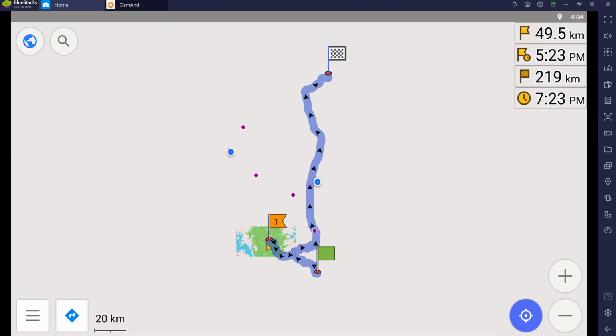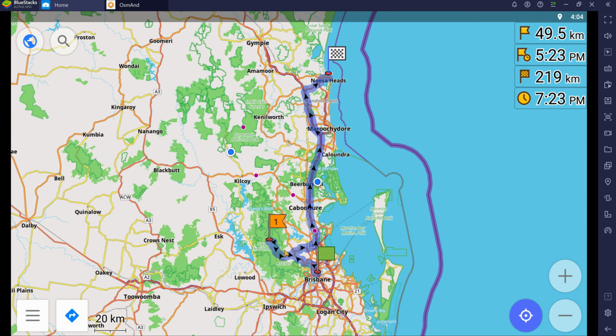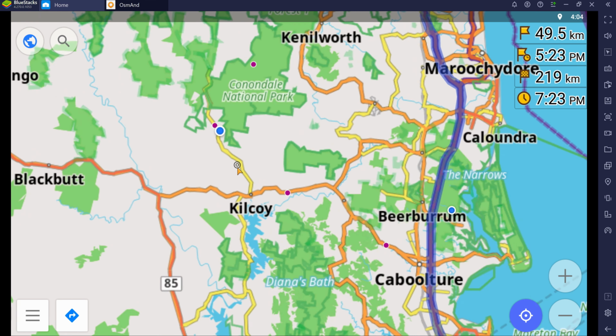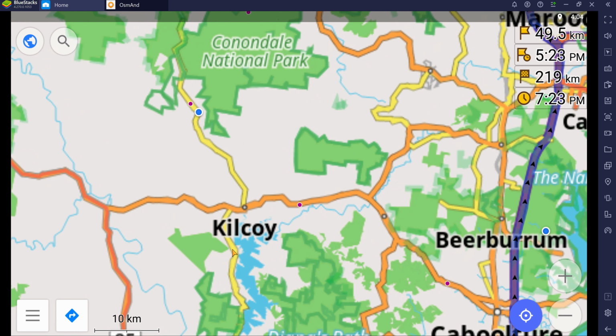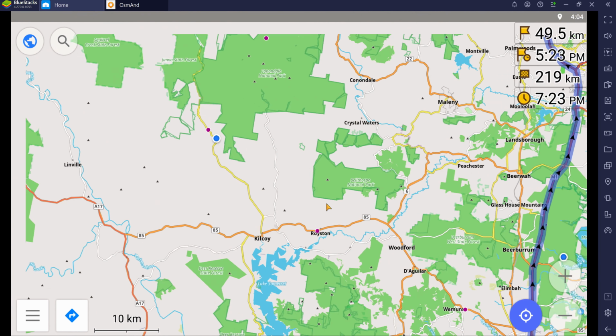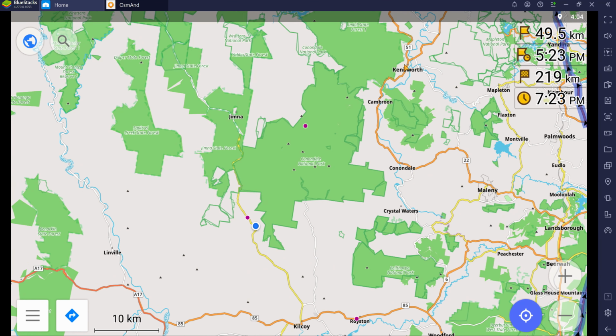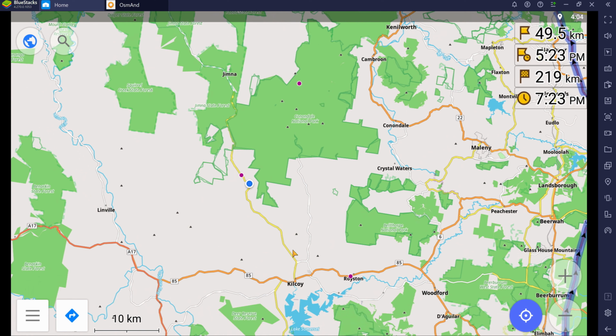You'll see that the map will try to recalculate, but it will bring you back to the highway once you have reached your first destination. So you'll have to add a second destination, which is somewhere here, because I would want to go through Kilcoy, and then from Kilcoy I'll go through Kenilworth, and from Kenilworth to Noosa. So I'll probably add this point over here, or I can select Kilcoy,